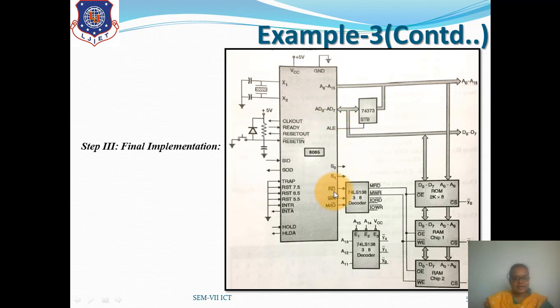Now these three signals RD bar, WR bar and IO/M bar will go into this decoder, and these four signals are generated. Now we are working with the memory, so both memory signals will be activated. This memory read signal will be given to the output enable of ROM, output enable of RAM chip 1 and output enable of RAM chip 2, right. Now memory write bar will be given only to the RAM chips, right? ROM will not have it. So memory write will go to the write enable of each RAM.